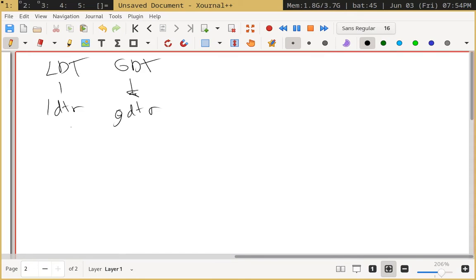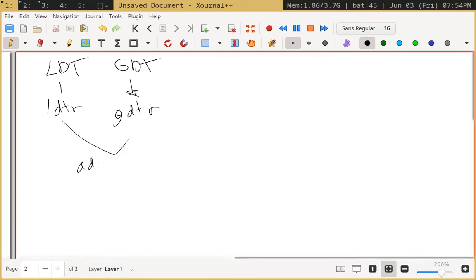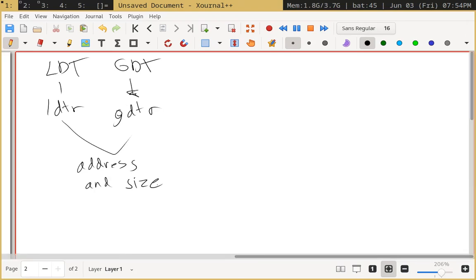So these both contain address and size. It contains basically the base address, the starting address of the table that it needs to go into, if that makes sense, and then the register also has the size. Yeah. And then from here,